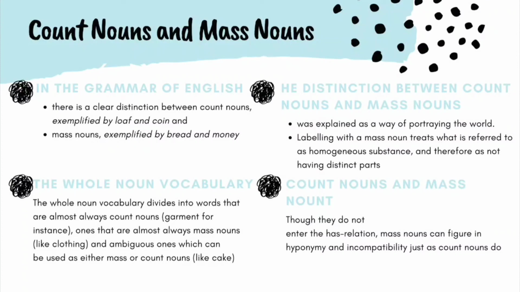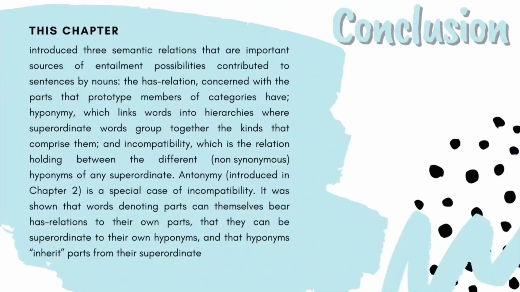Therefore, only count nouns bear the has relation to labels for their parts. Mass nouns do not enter the has relation, except in chemistry, but this is another story. Okay. The conclusion is that this chapter introduced three semantic relations that are important sources of entailment possibilities,